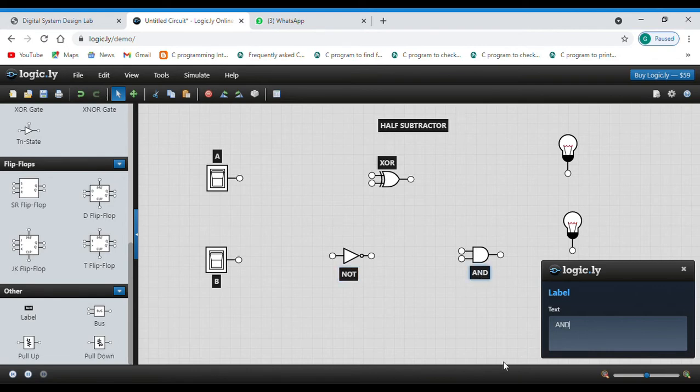Now we label the NOT gate. Now we label the AND gate. Now we label the bulbs as difference and borrow.